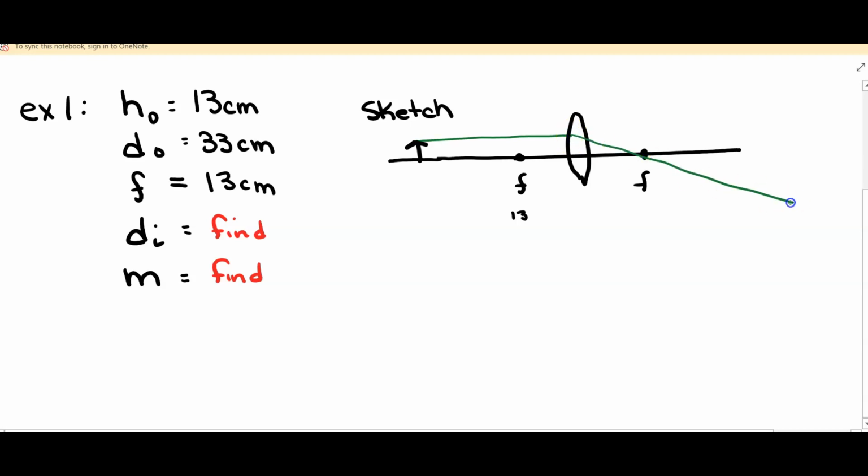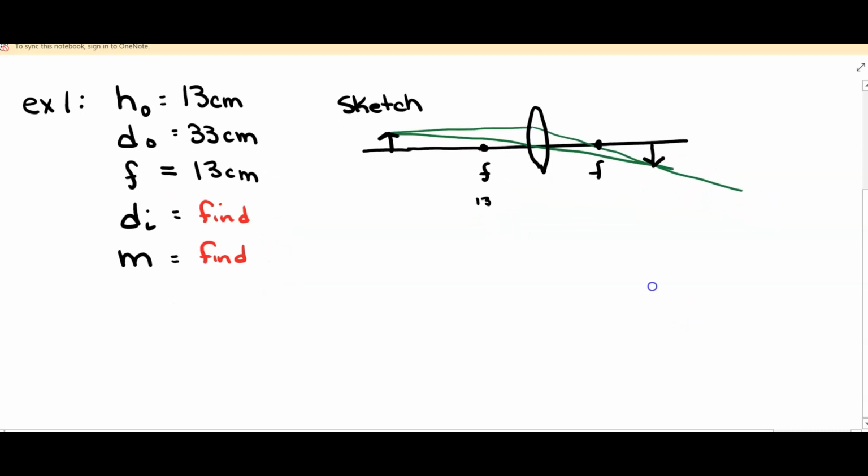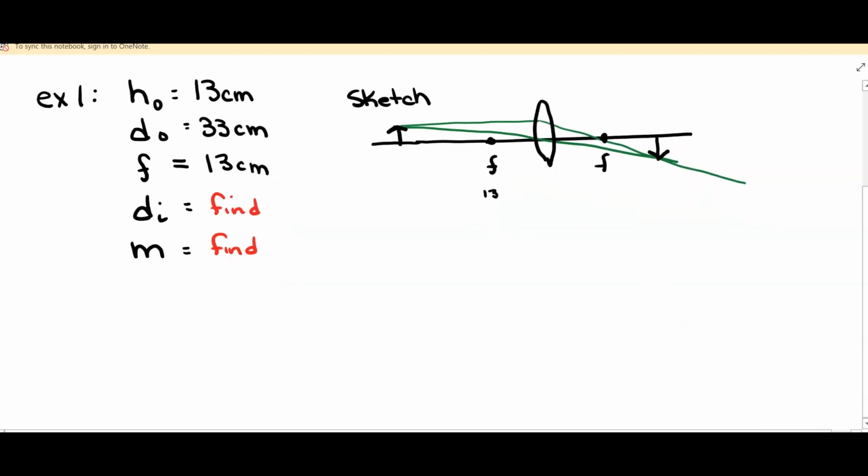and pass through the focal point, and that's how the light is traveling and how the lens will bend it. And I have another one, and let's do one more, and we will have an image somewhere about right here. It's not important that you sketch these correctly because we didn't have an opportunity for ray tracing, but what you